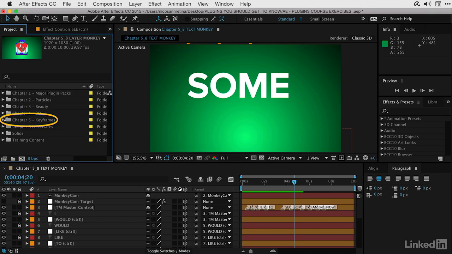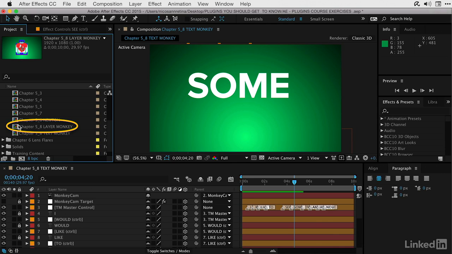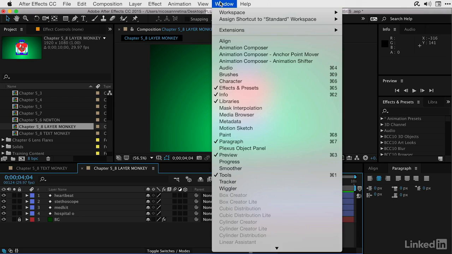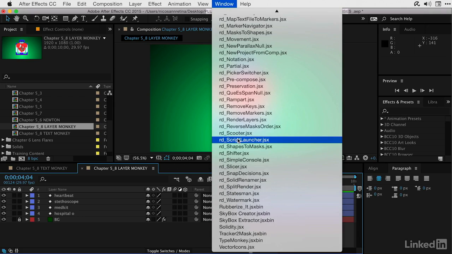Now let's take a look at LayerMonkey. I'm going to head into my chapter 5 folder, and into my chapter 5.8 LayerMonkey composition. I'll double click to open that. I actually just have a bunch of vector shape icons here, and what I like to do is create some random animation between this series of layers. Keep in mind, I can combine this with text layers and create all these types of automatic generations with this. But for the time being, let me head up to the window menu, and I'm going to head over into